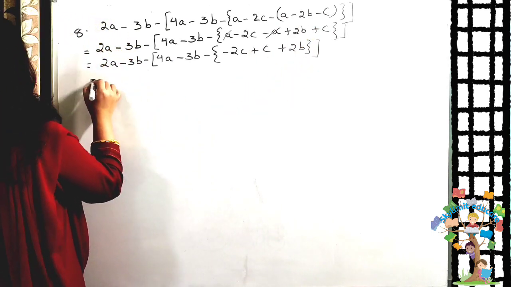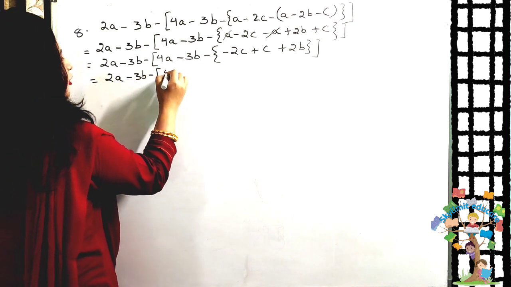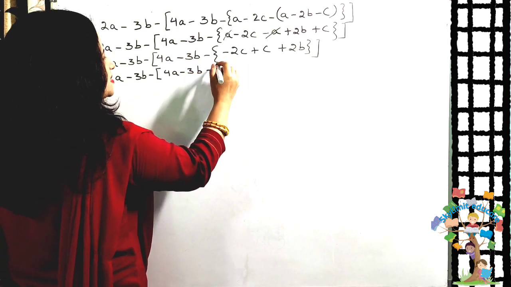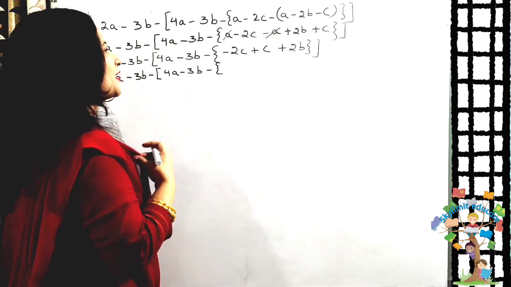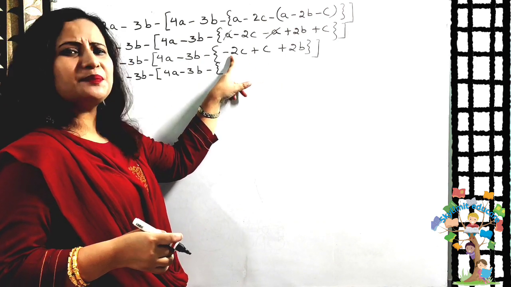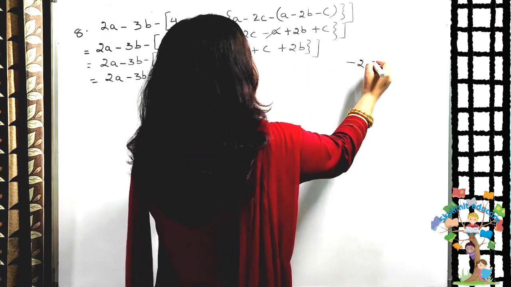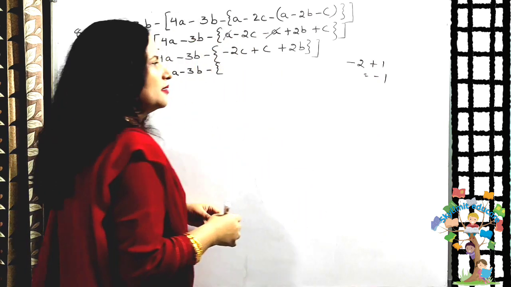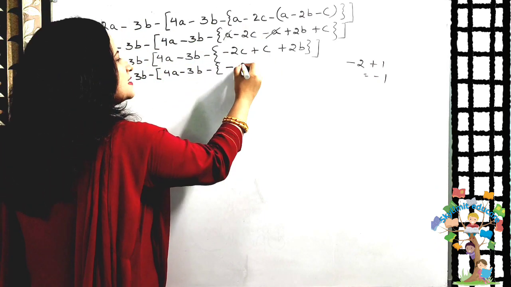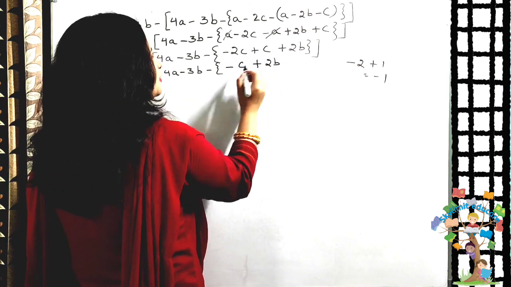Okay. Now let me solve it. When you become perfect in solving these, we can do it orally. No need to write extra steps, but now I have to write it for you. Okay. So minus 2c plus c. Now these two are like terms. What is the number part? Minus 2. What is the number part of this? Plus 1. Minus 2 plus 1 is how much? Minus 1. Okay. So minus 1 we don't write. We write minus c. What is the literal coefficient? C only. So now plus 2b. Now these two cannot be solved further.